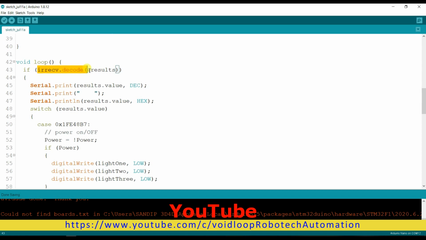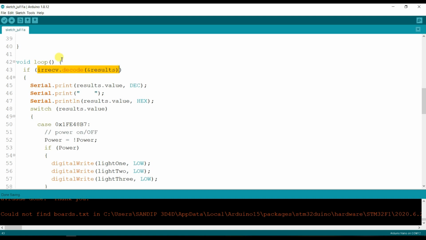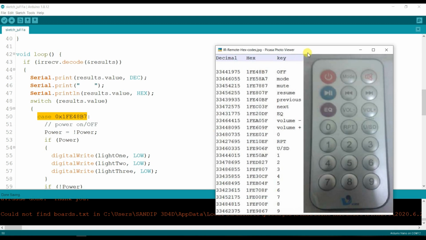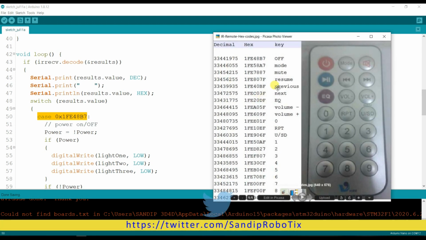Here it will receive the data from the infrared sensor. By using IR receive decode, it will decode the data. Here I am using a switch case condition. It will check the result value. If the result value is 1FE48B7, you can see here I have a picture. 1FE48B7 is the off button.